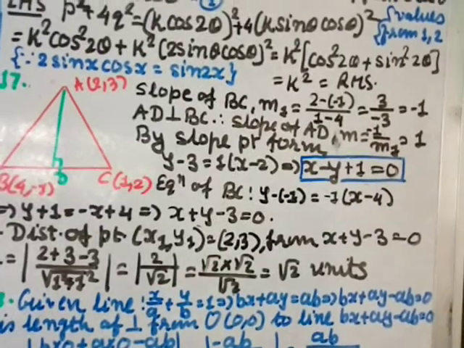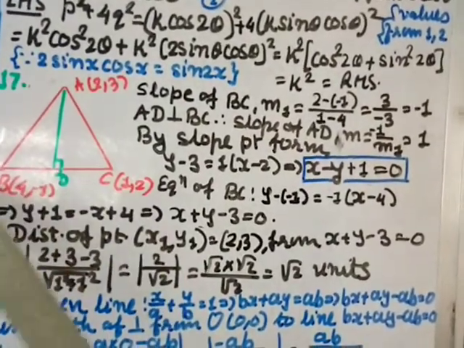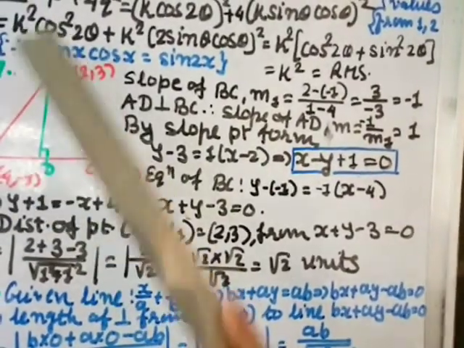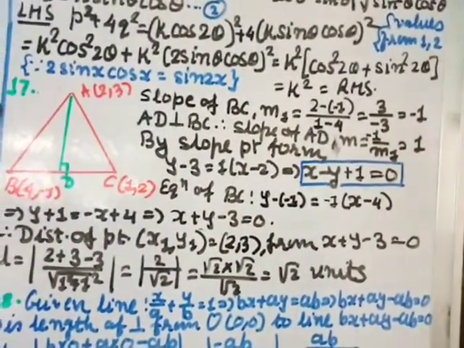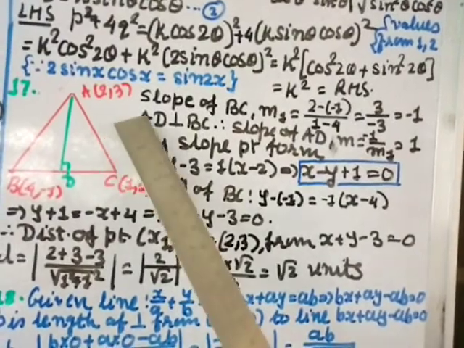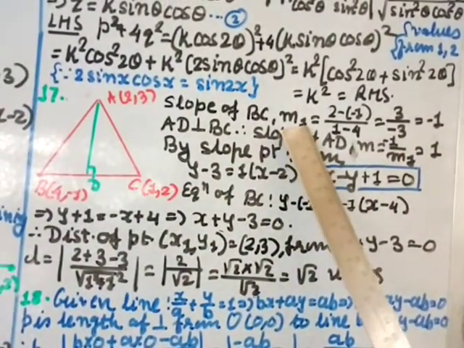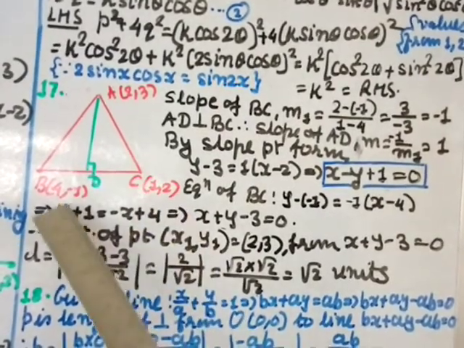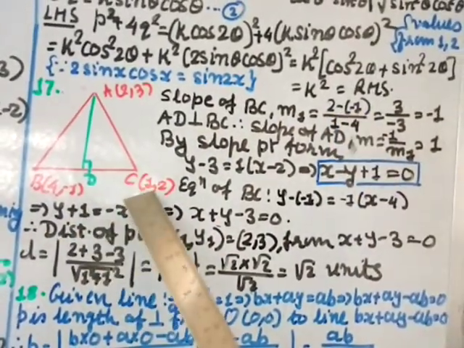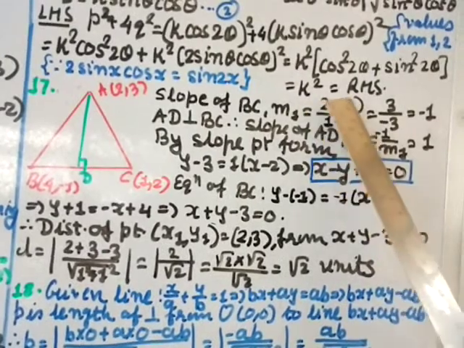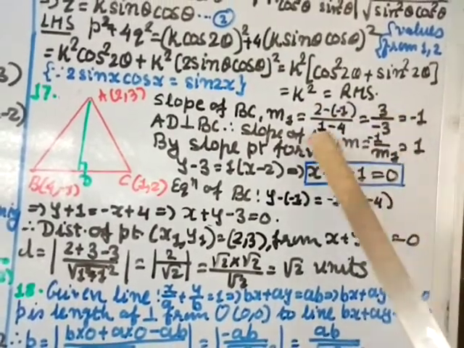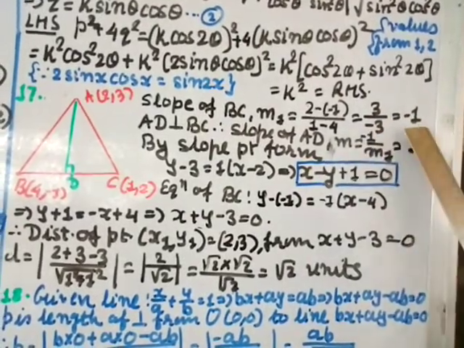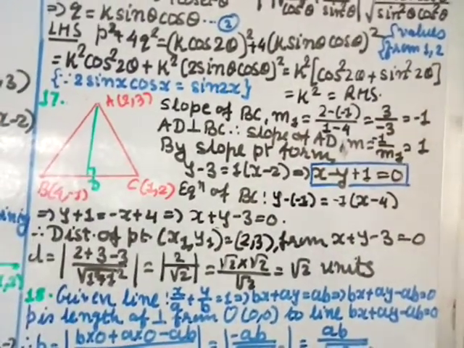So now let us calculate this. First let us find the slope of BC. Altitude is perpendicular to BC. So we can find the length also and the equation also. So slope of BC, I call it m1, is y2 minus y1 divided by x2 minus x1. So 2 minus (minus 1) divided by 1 minus 4. 2 minus minus 1 gives you 3 and 1 minus 4 gives you minus 3. So 3 by 3 cuts, giving 1, and the minus sign is there. So slope of BC is minus 1.